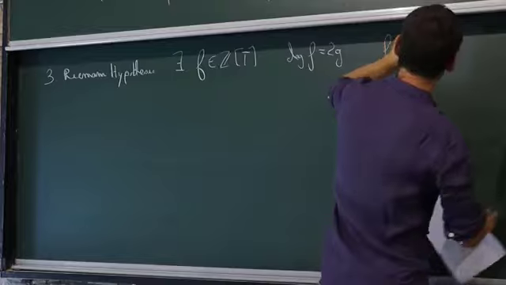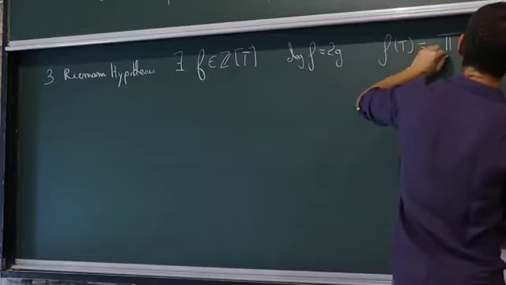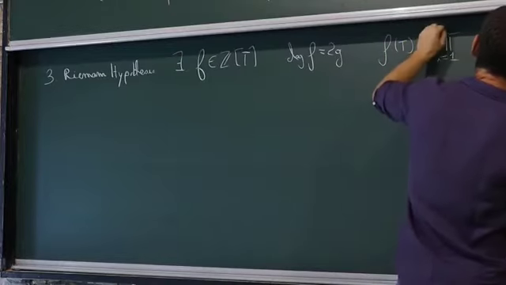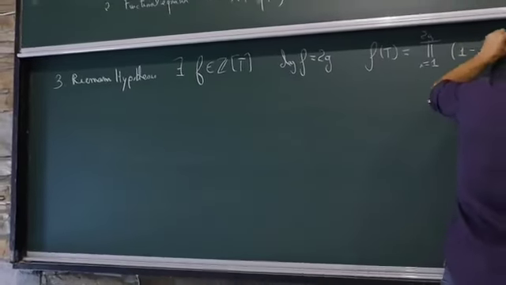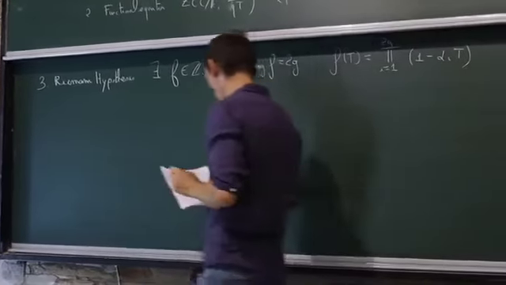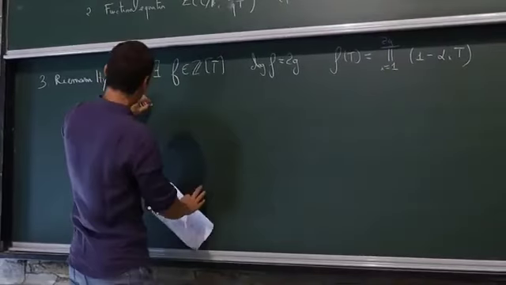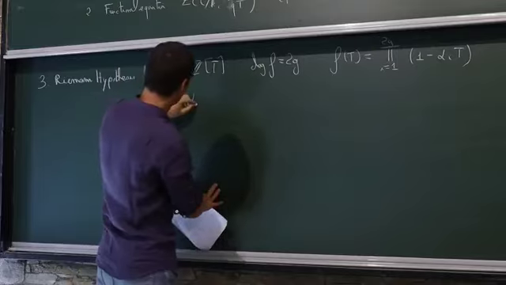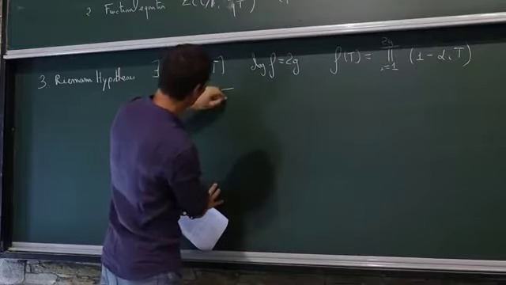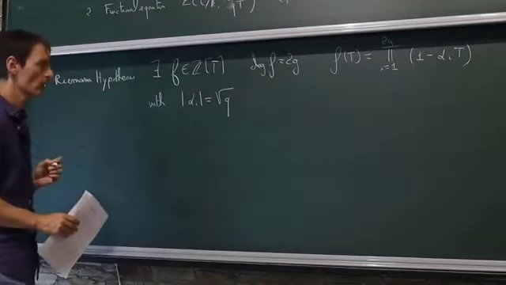F of t is going to be a product from i equal to 1 to 2g of 1 minus alpha i t, with, and this is really the most important part, the norm of alpha i is square root of q,